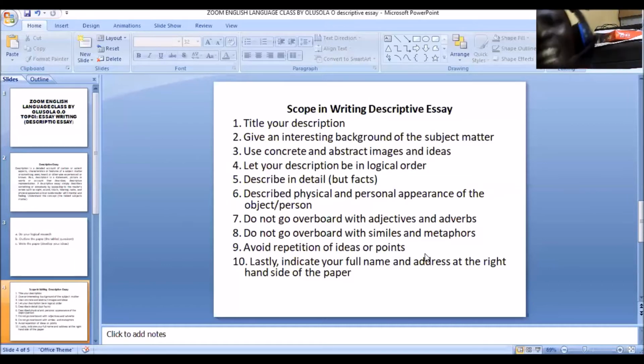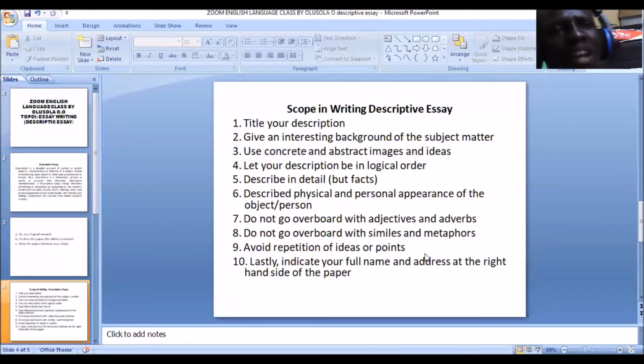Then every title is an open title. No punctuation. You don't need to punctuate your title. No comma, no full stop, no semicolon, no colon, no bullet points or exclamation points. No punctuation. Just like the title of a textbook. You can't hold a textbook and look at the title of that textbook and see a punctuation at the head. No. The title of your description must be open.